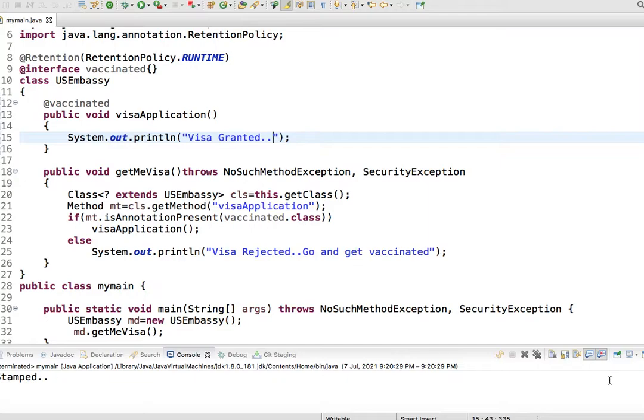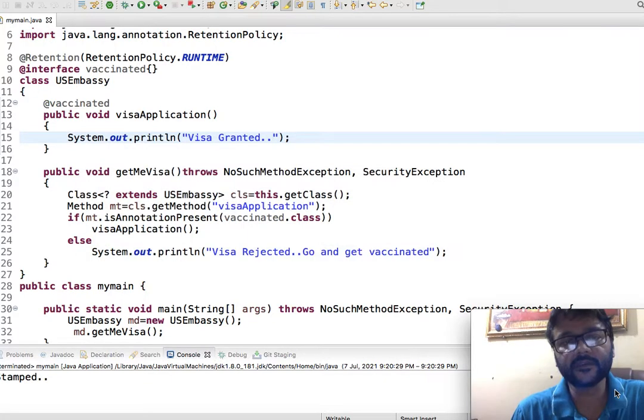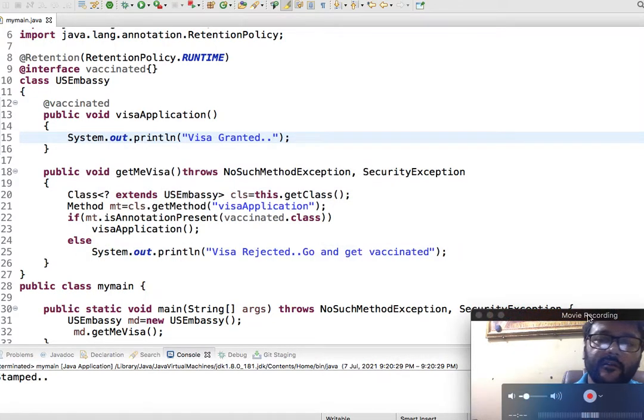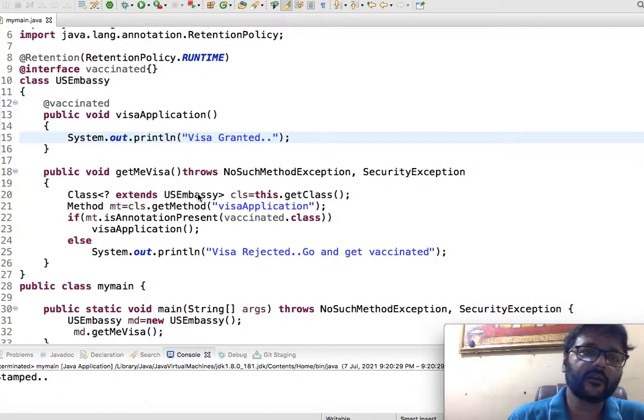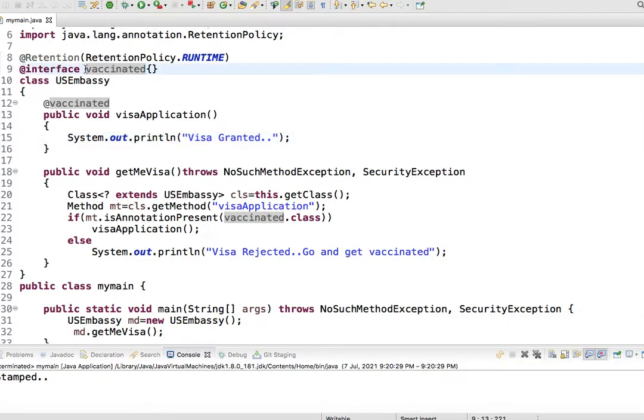So here, this is an example I am going to use, where I will be creating a marker interface or marker annotation. I will name it, suppose, Vaccinated. Vaccinated is the name of the annotation. @interface I have used prior to it.